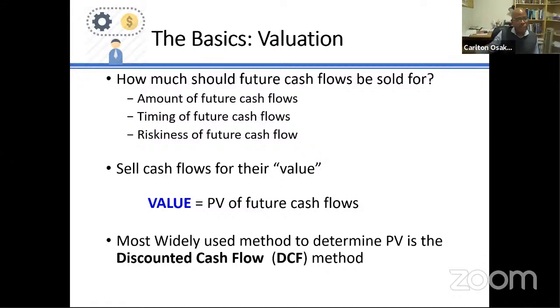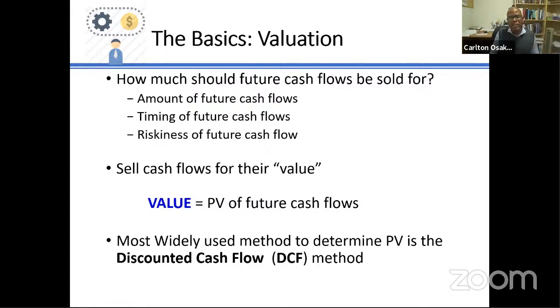That is the future cash flows that are being promised to them. How much are those future cash flows worth? Okay. And this, of course, depends on the size of the cash flows in the future that this firm will generate, the timing, that's when it will come. And for a new venture, typically at the beginning of its life, there may be no cash flows or even negative cash flows. And then the cash flows would come towards later on in the life of the firm.